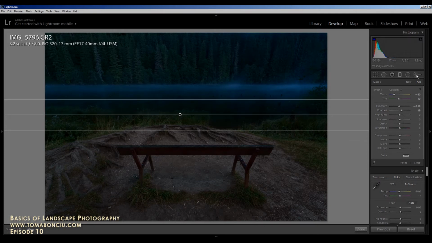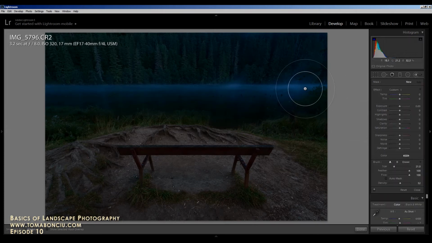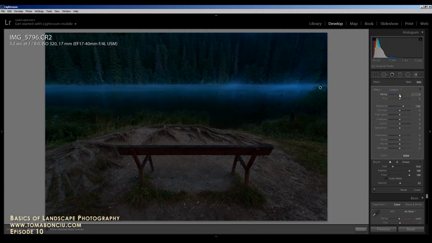After that I'm going to use the brush tool, use the bracket keys to increase and decrease the brush, and I'm going to drag it from one side to another, and I'm going to increase the exposure to highlight a little bit more the fog and also add a little bit more blue in the colors. Okay,